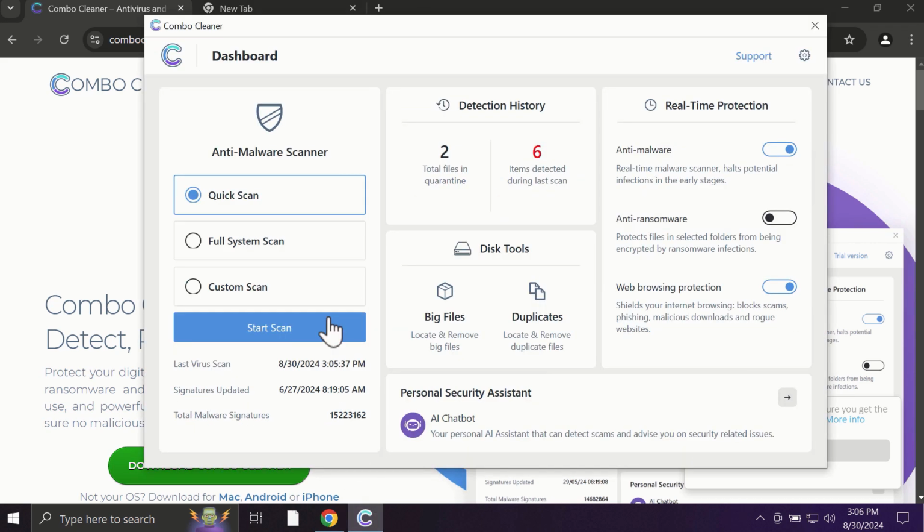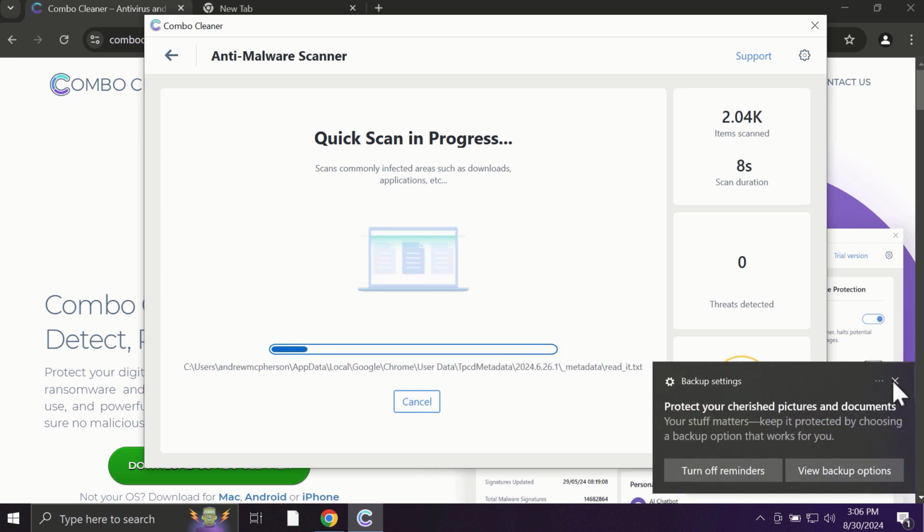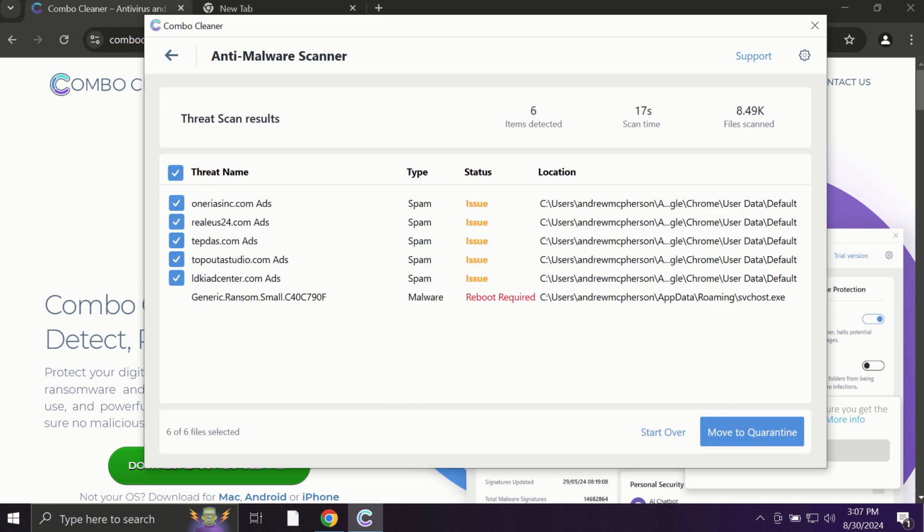So, after you click on the Start Scan button, the antivirus database will be updated first of all, and then the scanning will begin. The scanning duration depends on various factors. It may depend on how many hard drives are available. It may depend on the system parameters of your computer. Finally, at the end of the scanning, you will see the full summary of all the infections which were found